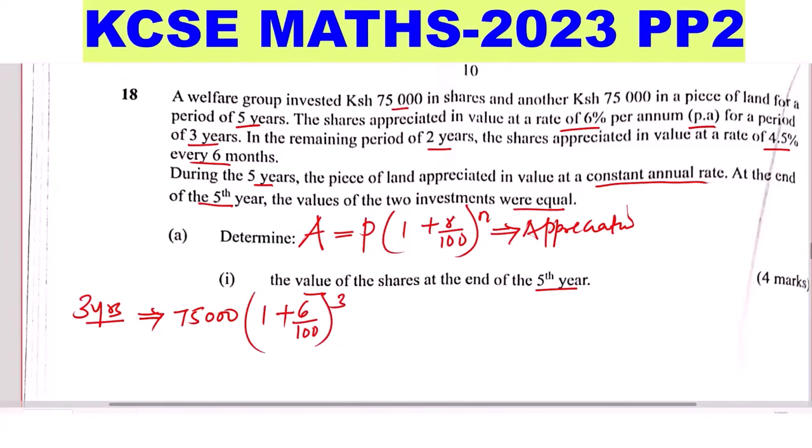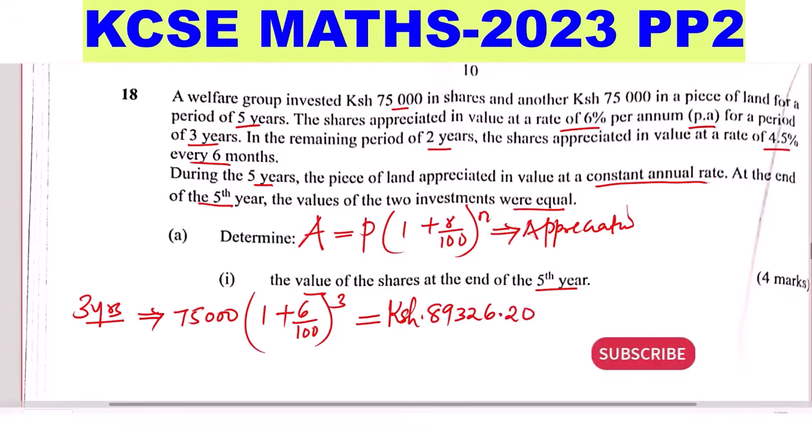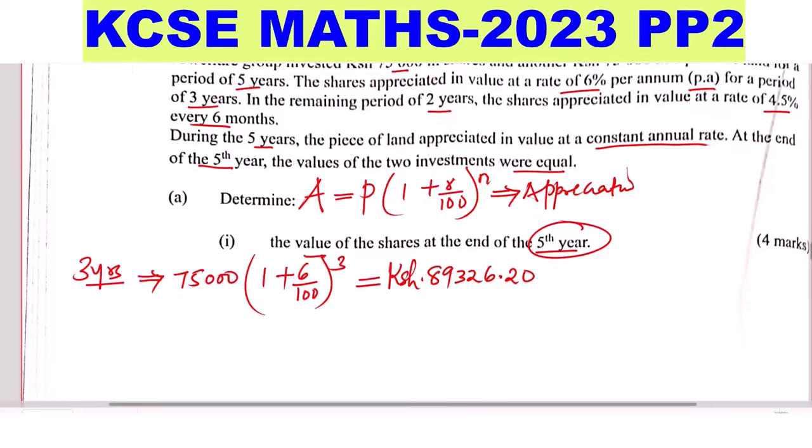So when you work out these using a calculator, 75,000 into brackets 1 plus 6% raised to power 3, this will give Kenya shillings 89,326. That is after 3 years. We are done with 3 years, but we are required to go up to the 5th year. So we're remaining with 2 years. In the remaining 2 years, the shares appreciated at the rate of 4.5% for every 6 months. So for 2 years,